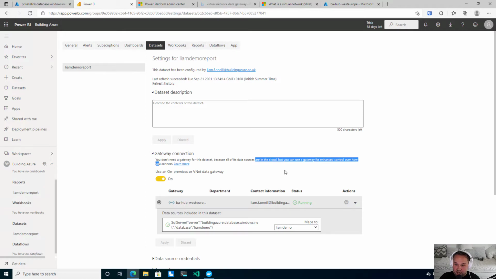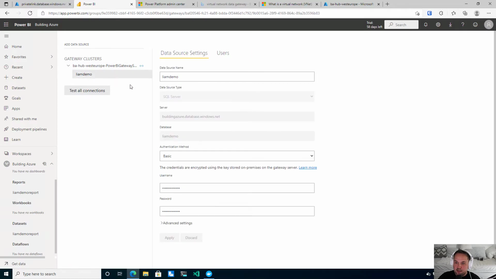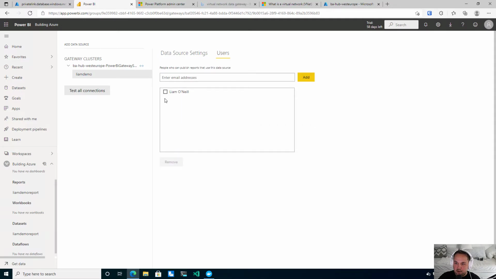So I absolutely need to tick this box, and we can see then I can map it back to my data connection, which I've got set up here. To show you that as well, if you go up to the settings, you've got manage gateways up here. And we can see we've got a gateway cluster. If I expand that out, we can see that I've created my connection to my Azure SQL database. I'm just using SQL authentication, so I've got a username and password, and I've also made it available to myself